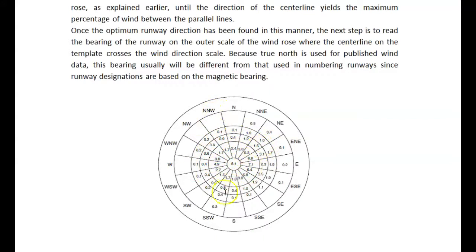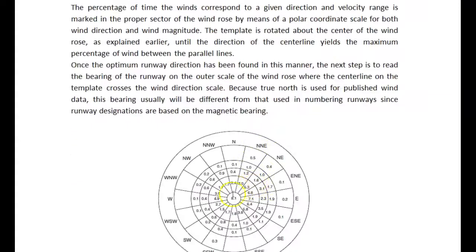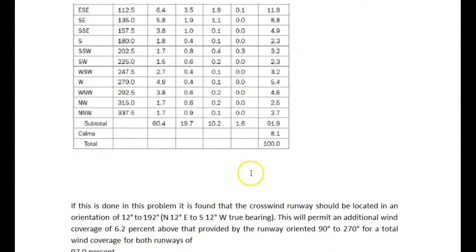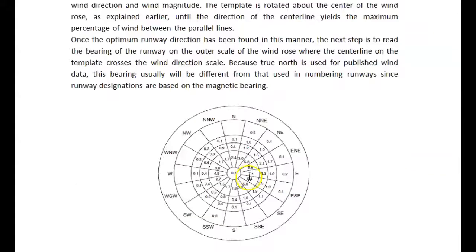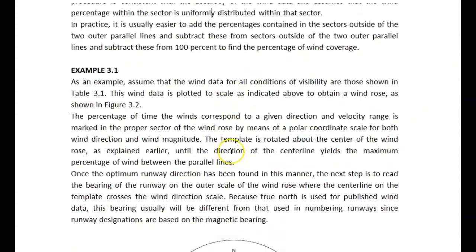The concentric circles represent the magnitude of the wind, while the radial lines show the direction the wind is blowing. We are able to plot them as given from the meteorological study, as you can see from this table, and then a template is used. A template with half of it calibrated as 15 miles per hour is used to rotate around